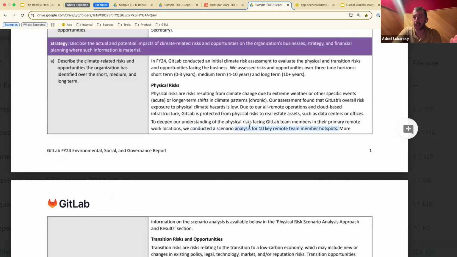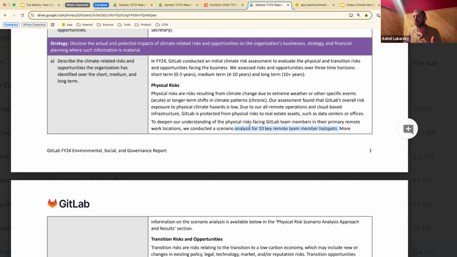key remote member hotspots. They said, where do we have clusters of employees and of senior employees? Because if those clusters are impacted by some sort of disaster, like a fire or a hurricane, and those people are pushed out of their homes or lose power, like it's happening in Kentucky, or are not allowed to work for whatever reason because they got to relocate their entire family to a hotel and the school's closed, so they got to take care of their kids. That does create material business impacts. And partially because it's a business continuity issue, your employees can't work, they can't get the job done, but also partially because it's an employee-heavy business, and your whole value is giving great employees a good place to work.